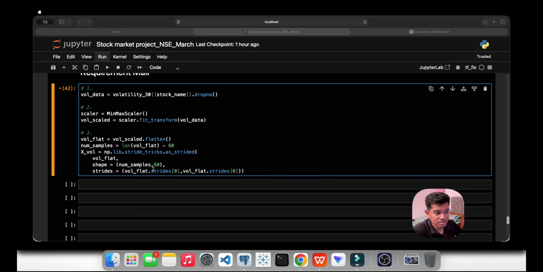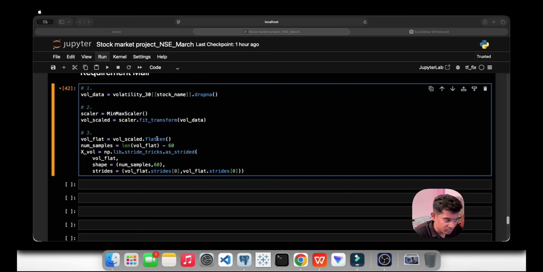It is not copying any data, it is just creating a view. For the parameters, we have used vol flat, the flattened array we have already given, the 1D array to work with.